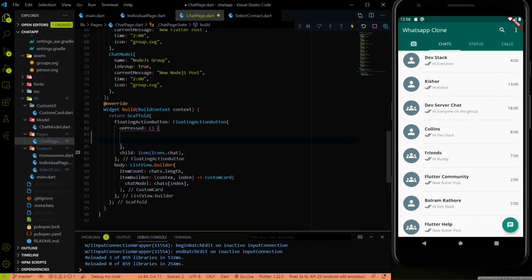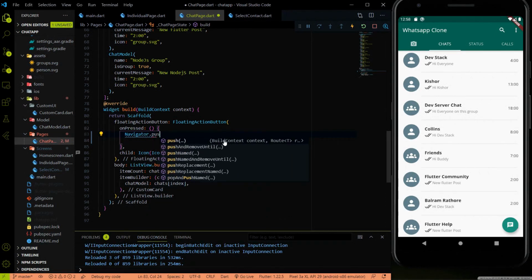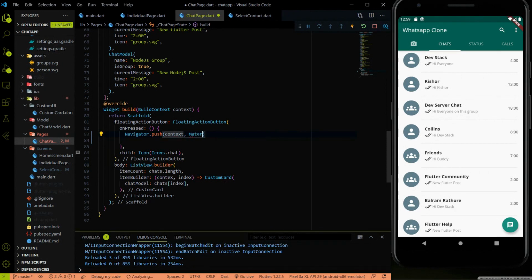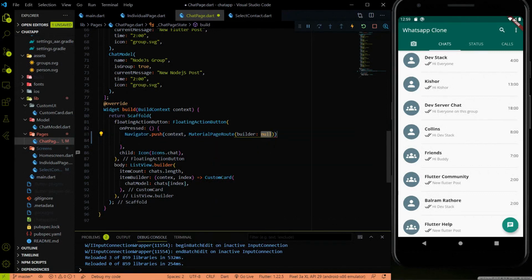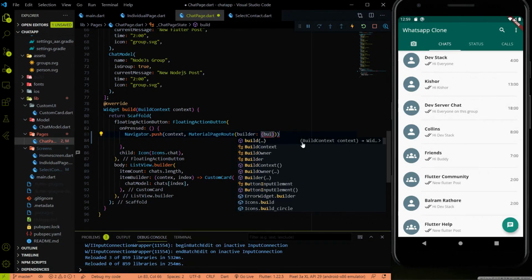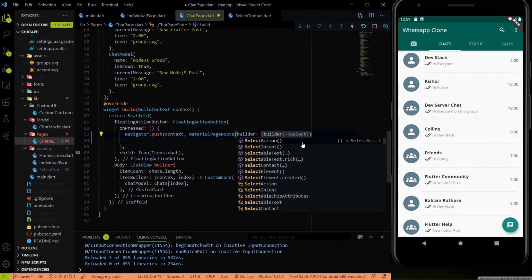Inside the onPressed we are going to use Navigator dot push, and in the route we have to use MaterialPageRoute, and instead of providing this thing I have to provide the builder method, and I'm going to return the SelectContact page.